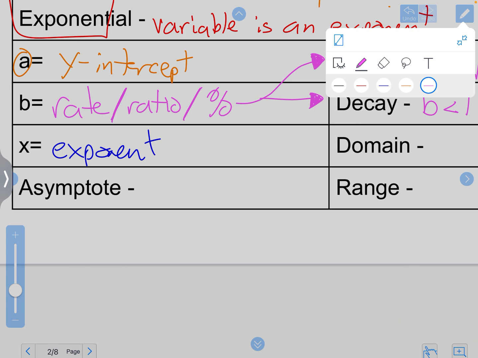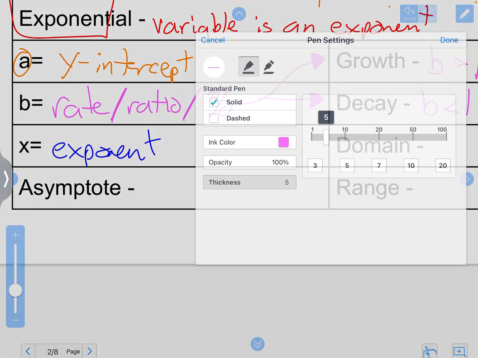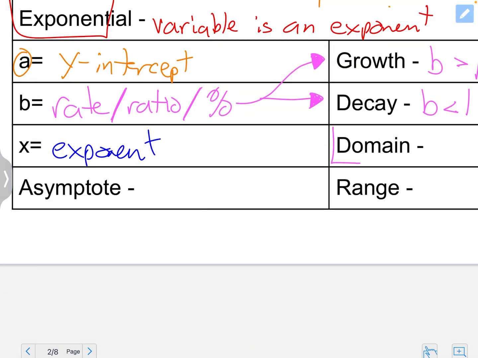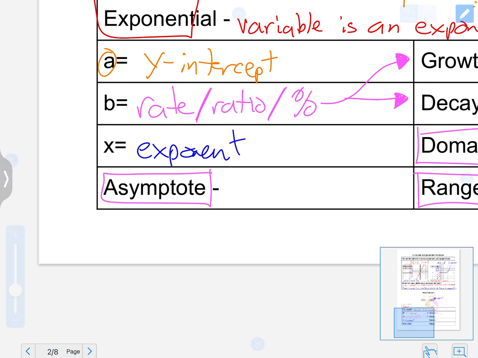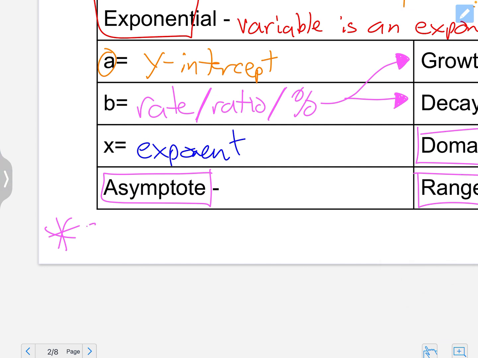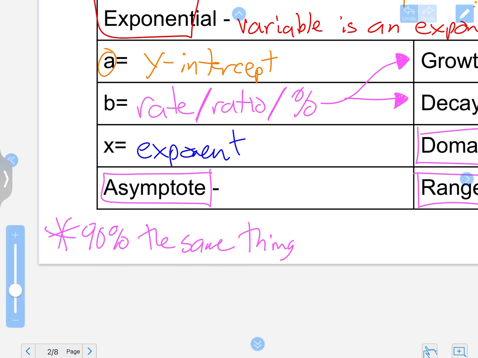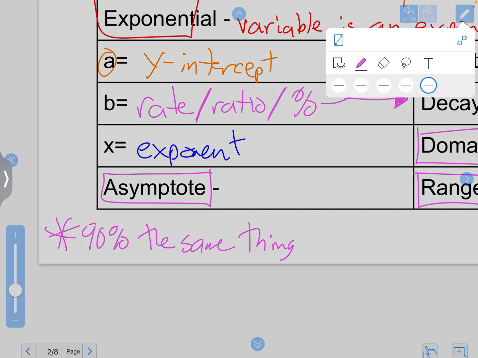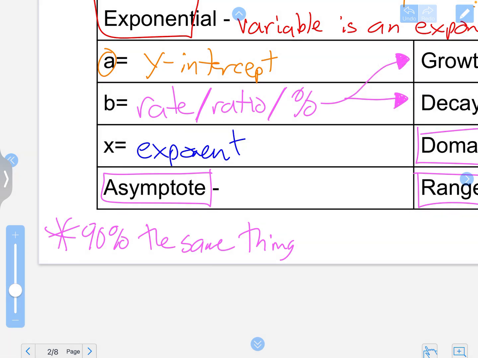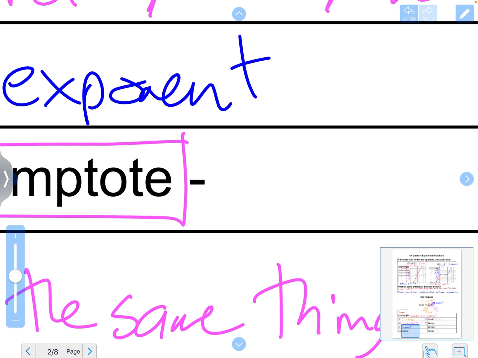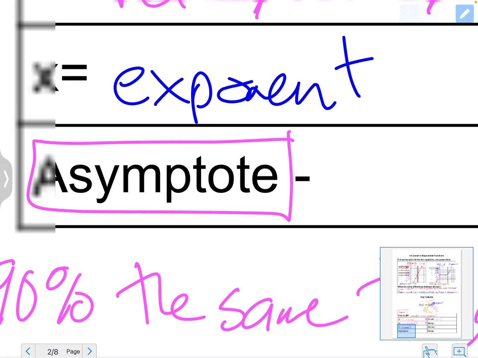All right, real quick I'm going to highlight these three things: domain, range, and asymptote. Those three things are 90% of the time the same thing. They're not going to change. They're going to be the same for almost every single equation that we look at. So an asymptote is a line